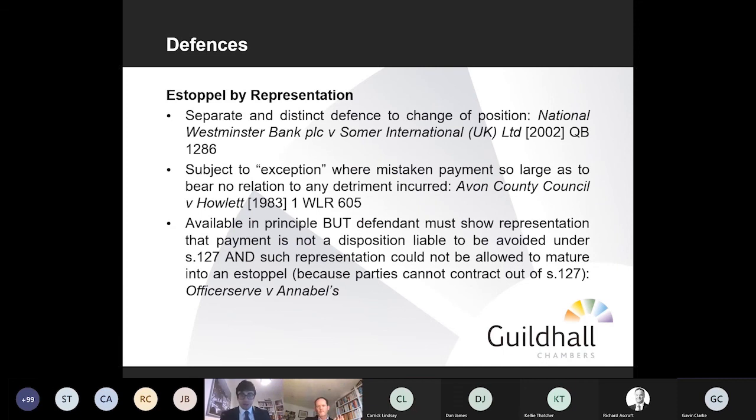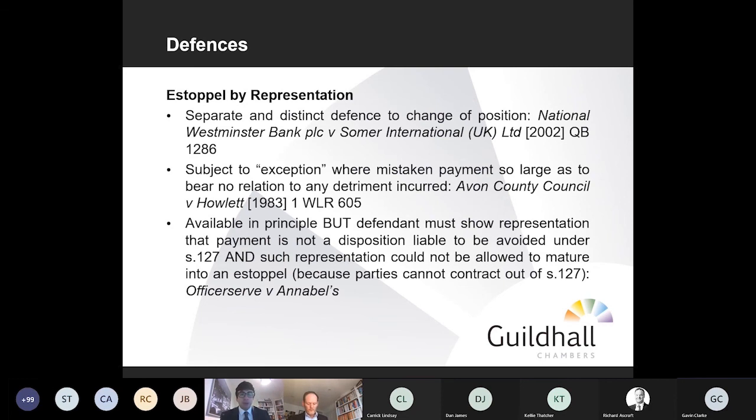I'll skip over very briefly the defence of estoppel by representation. This is, again, another interesting theoretical defence, and I can maybe just summarise it in this way. The law of restitution has developed piecemeal in case law over the course of the last probably 30 years. Before a defence of change of position was recognised, there was an old case called Avon County Council and Howlett, where the court said that you might be entitled to a defence called estoppel by representation, which is basically someone